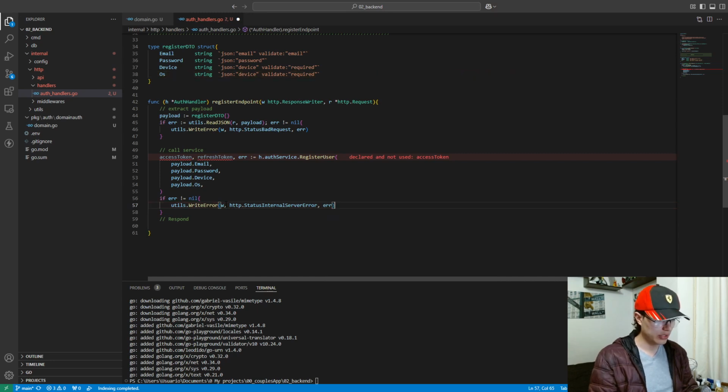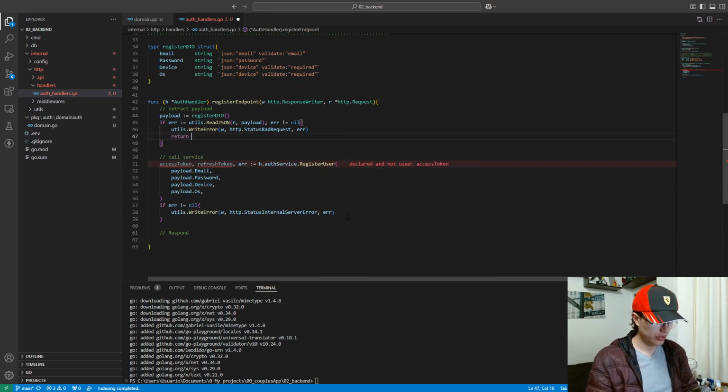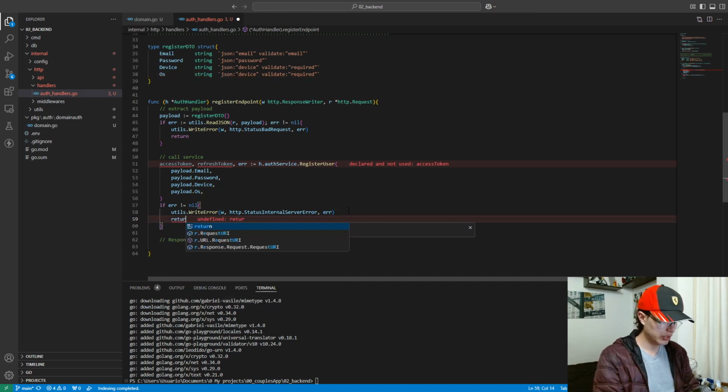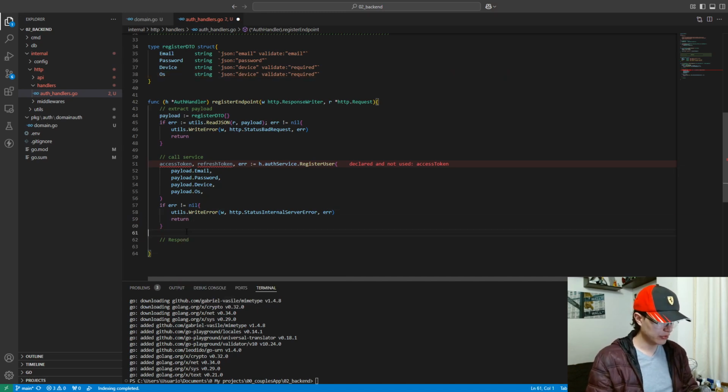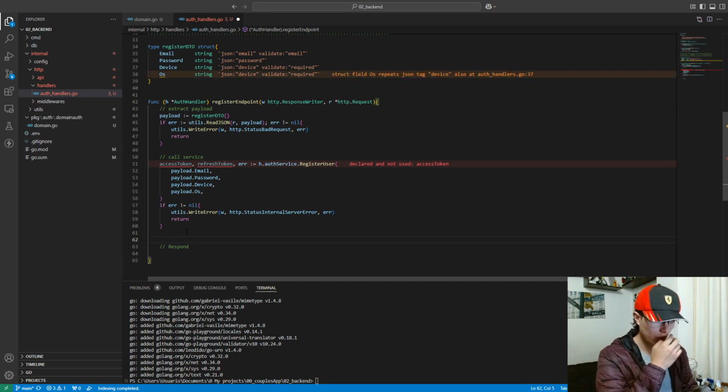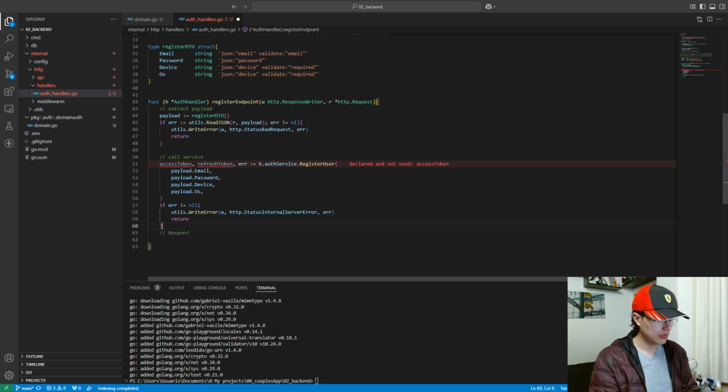And let's return the error. Oh yeah, here we have to add returns in order to finish with the execution of the function. And then, if everything went fine, then we're gonna write the response to the user. In this case, we're gonna do